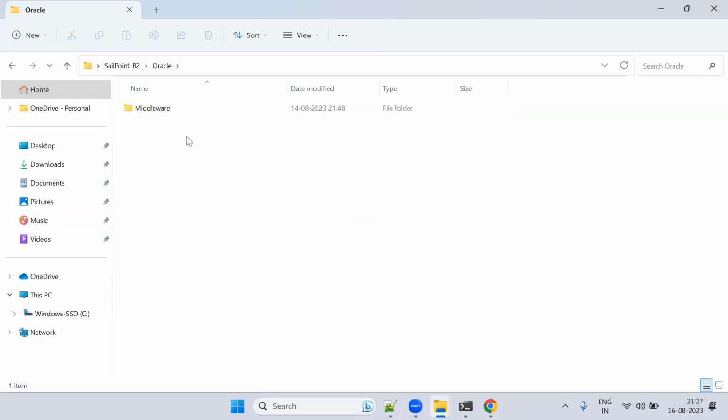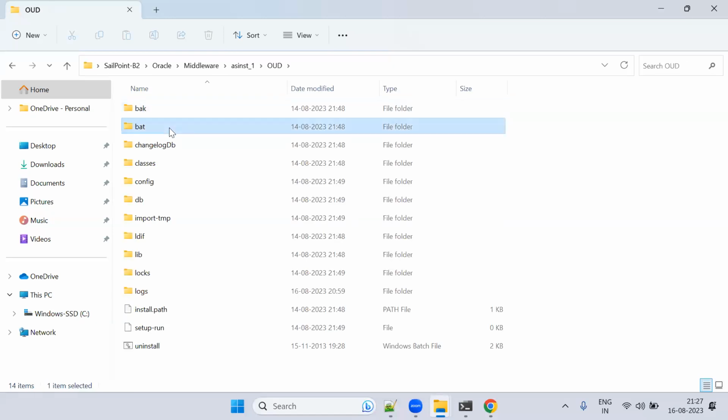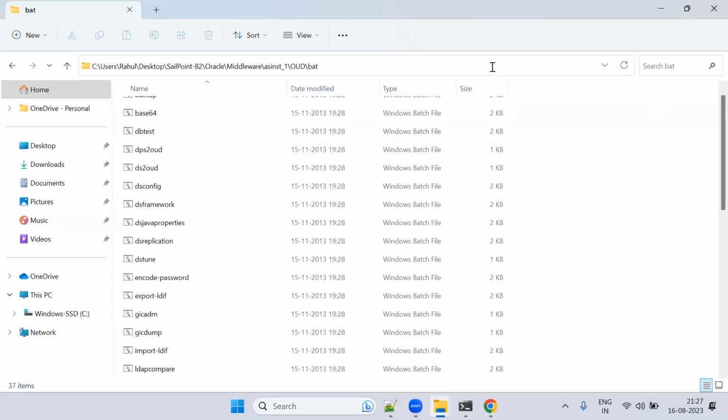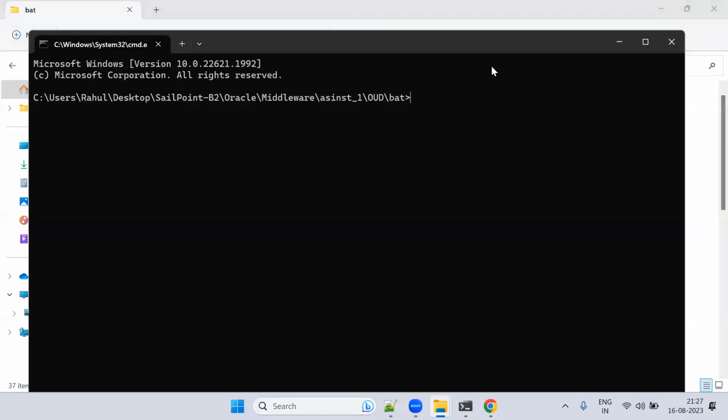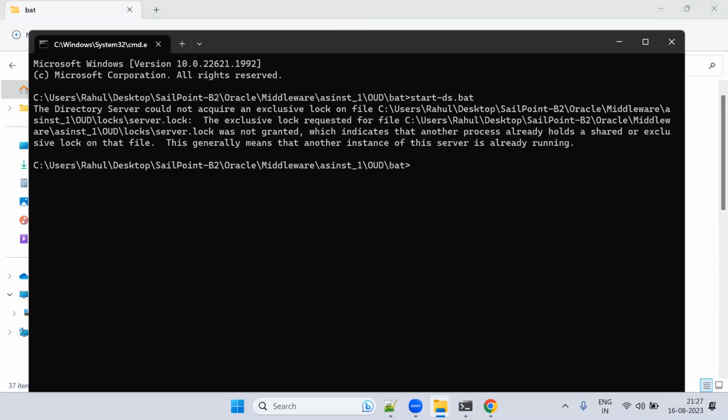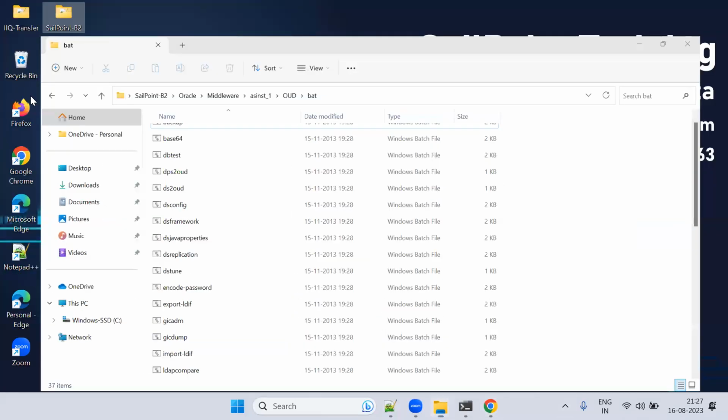LDAP you have to start every time. Go to Middleware, instance 1, OUT, BAT, and open the command prompt here. And you have to run this command called startds.bat. Start directory service.bat. This will start your LDAP. It's saying that it's already started. That's fine. If you open the LDAP browser,